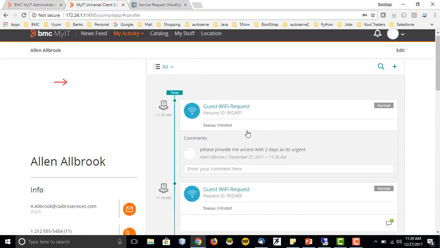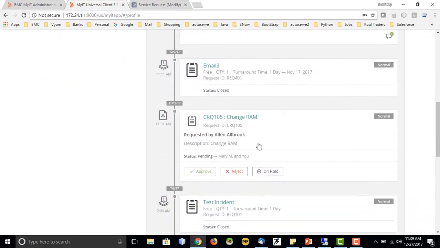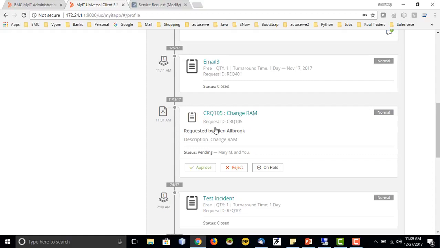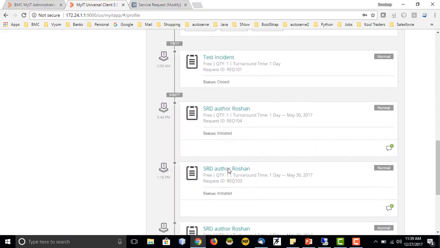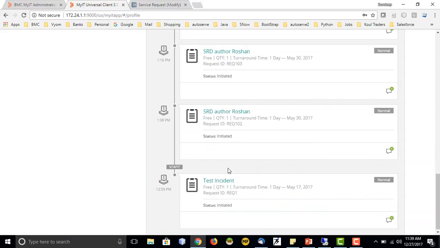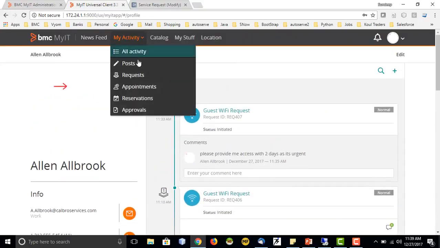Currently you can see there are only requests. If I go down, you can see there is one closed request, and one approval request. We will see later how this is processed. So the different types of requests, approvals, posts will be visible here in the all activity section.